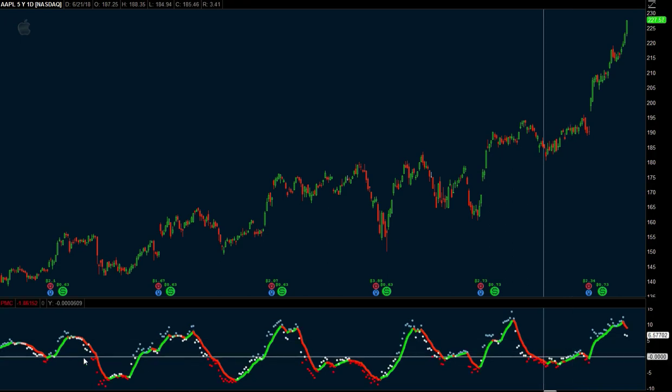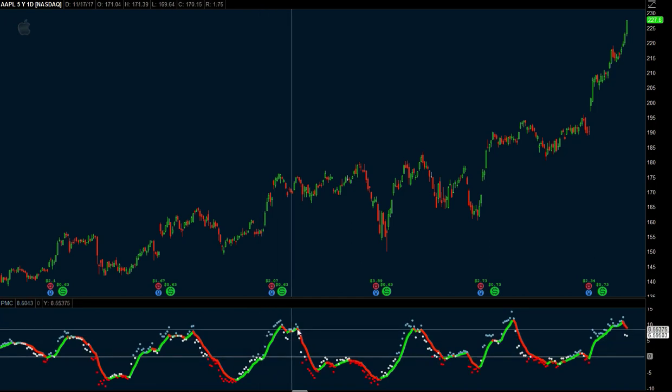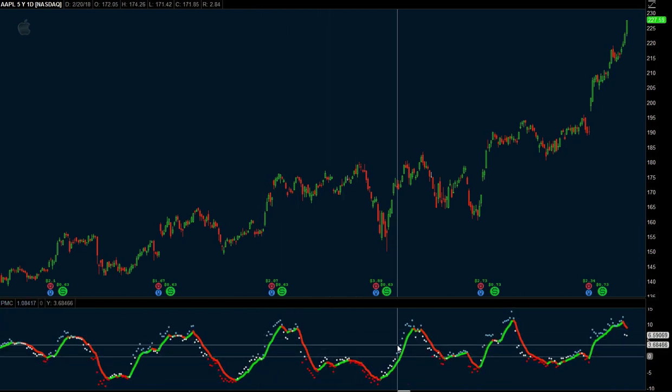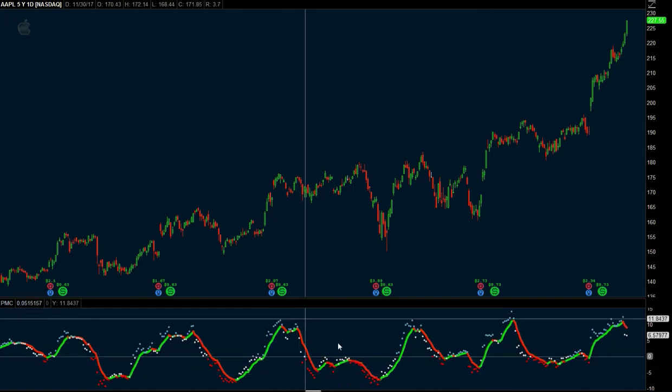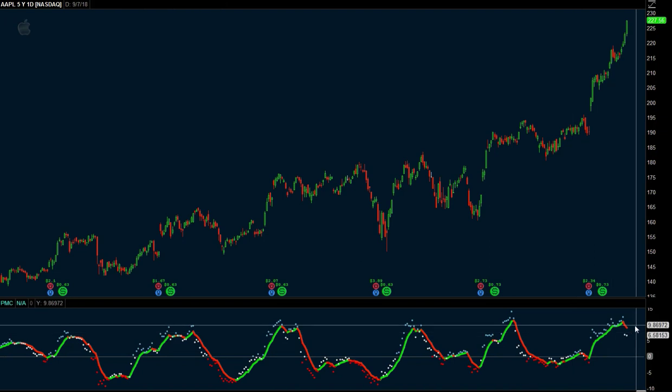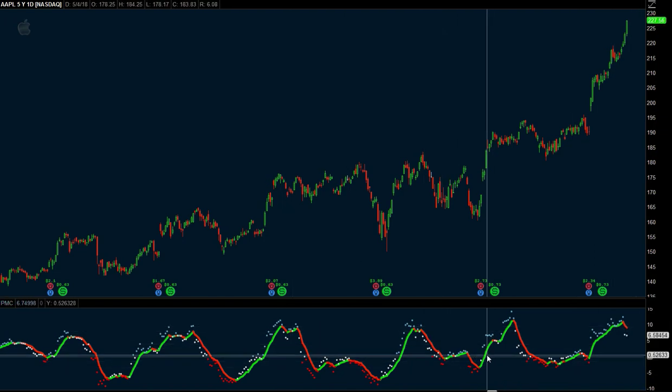If you really want to go and check this out, it's called the Persons Market something or other. You can Google it, PMC. Now I've changed it to a line chart. It actually looks pretty good like that, and I can just see it a little bit easier. And this is the moving average of it. This isn't actually the actual indicator. This is just a moving average of it. So let's go back to